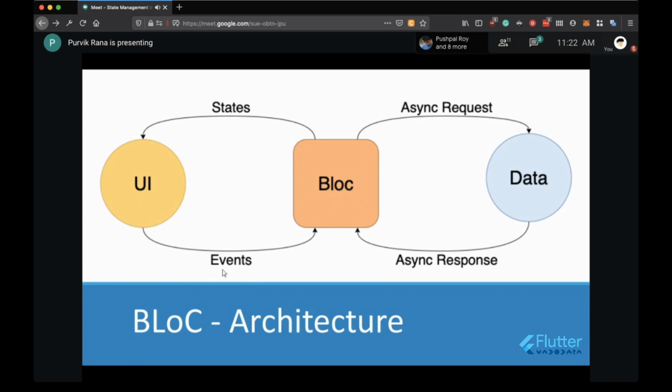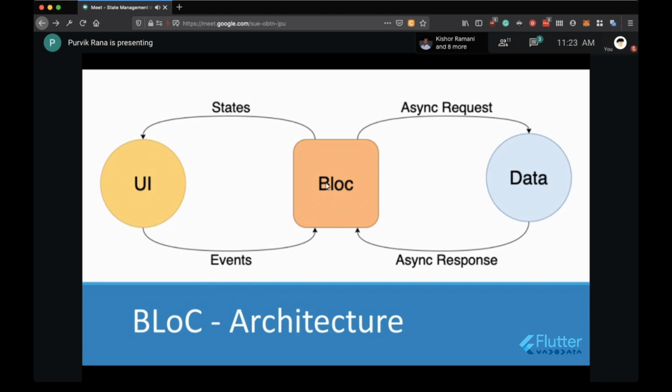Depending on what kind of event there is, it will have different processing. And after the business logic, whatever state it has to display on the UI will be passed to the UI screen. So you can say you are fetching some list of data. In the success scenario, you have the list, so you will pass a different state saying that I have the list of things, and you can present that to the user.